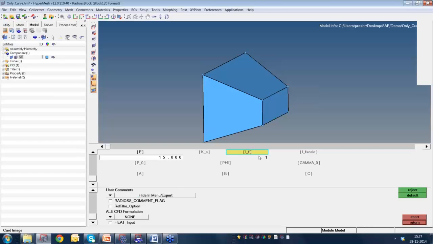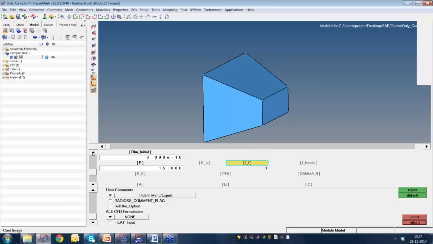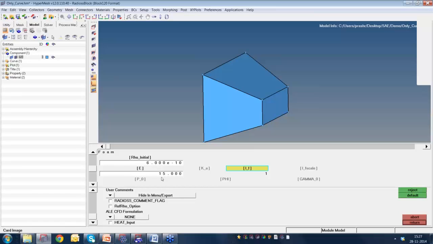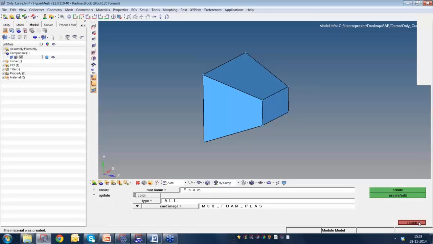If you remember, earlier I mentioned one curve which I brought along with the material. So I'm just calling that function here. This is a simple law where density, Young's modulus, and this function are important. This function is between stress and volumetric strain. For the kind of material you are using, you have to get these parameters, because this is very important, it will define the behavior of the foam. Okay, so now I am done with the